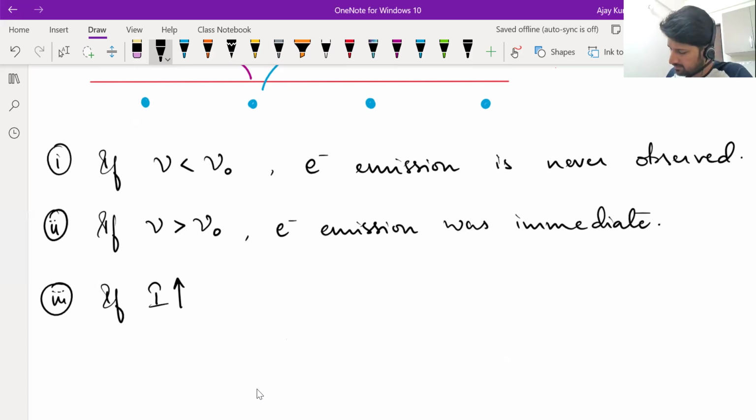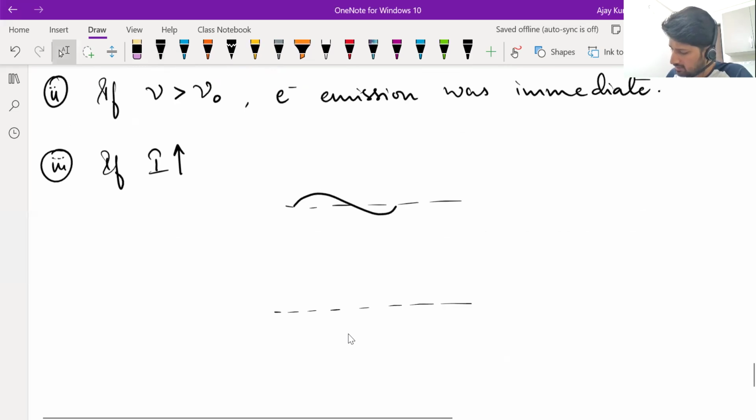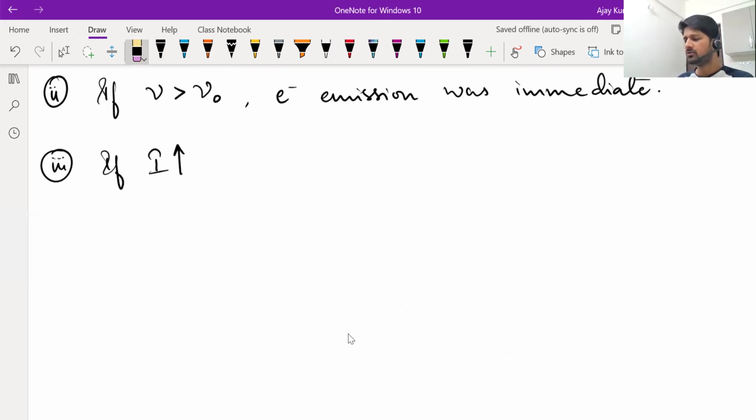Each pulse will have more energy. For example, let's say this is one wave having a low amplitude, and this is another wave having higher amplitude. Higher amplitude means higher energy per pulse. Then what should happen? If you increase intensity, the electron should receive more energy and come out with a higher amount of energy, had light been a wave. Had light only been a wave, higher intensity should have resulted in a higher amount of energy in the electrons. But even if intensity is increased, stopping potential remained the same.